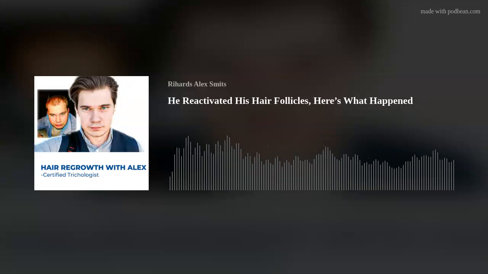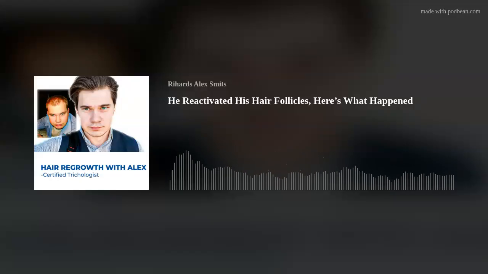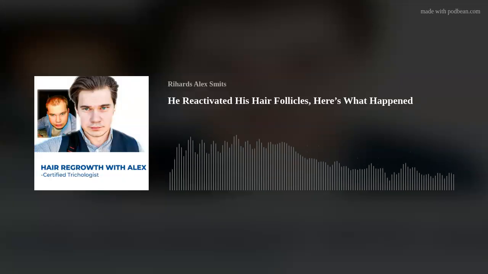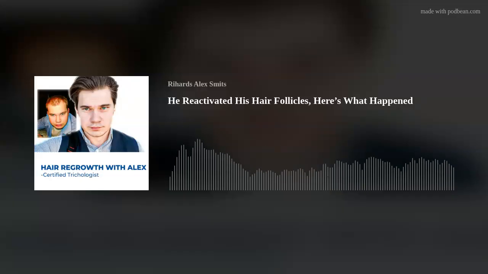He had this problem for a while, and this is his hair situation when he reached out to me. He had already applied minoxidil for about 2 years, and he had already taken finasteride, but there were no results from those treatments because the underlying problems he was having were holding him back from seeing results. We started to work together, and these are his results after a 7 month mark, right? You can see how nicely he was able to recover.